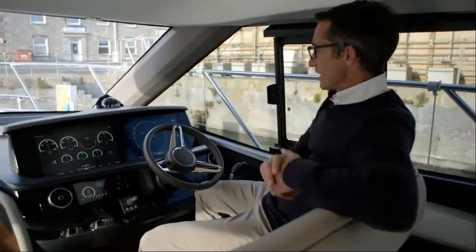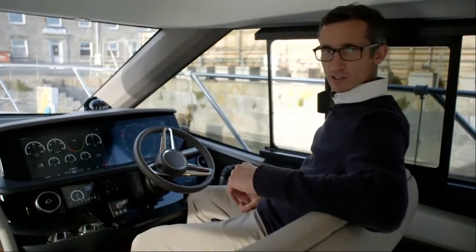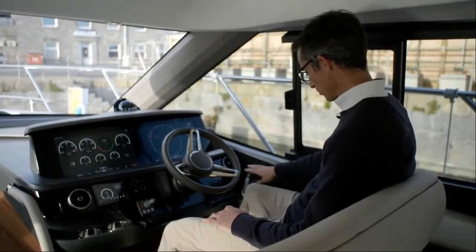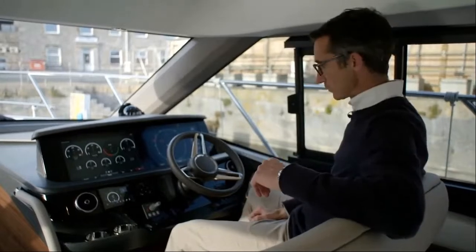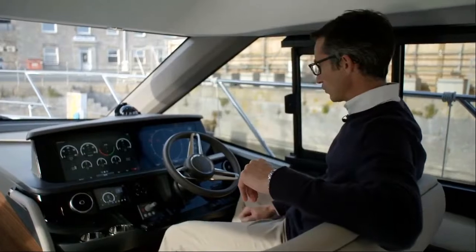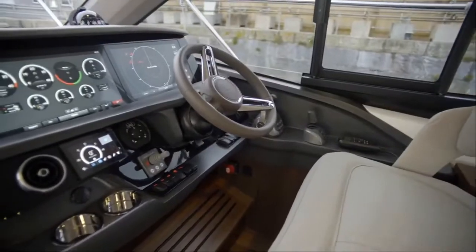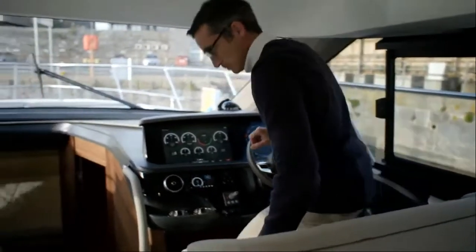Looking forward again, you can see out of here beautifully. Great visibility all around. Quite a nice little feature is the slide open window to let some fresh air in. All your instruments are within easy grasp. So you've got your joystick control, your throttles, and obviously the wheel. This seat is movable, so you can slide it forward should you want to. Twin screens here to give you all your engine instrumentation, all your navigation kit, and this boat is fitted with the Seakeeper, which you can fully control from that head unit. And of course, air conditioning vents if it's too hot to open the window, you can get plenty of aircon into you. Moving around,